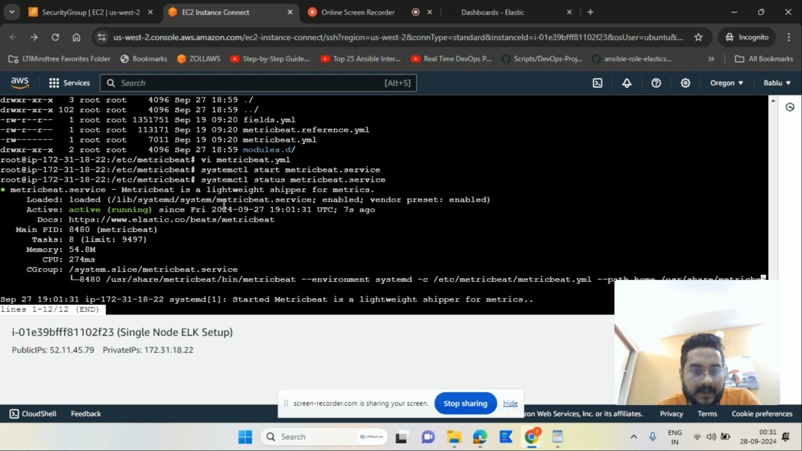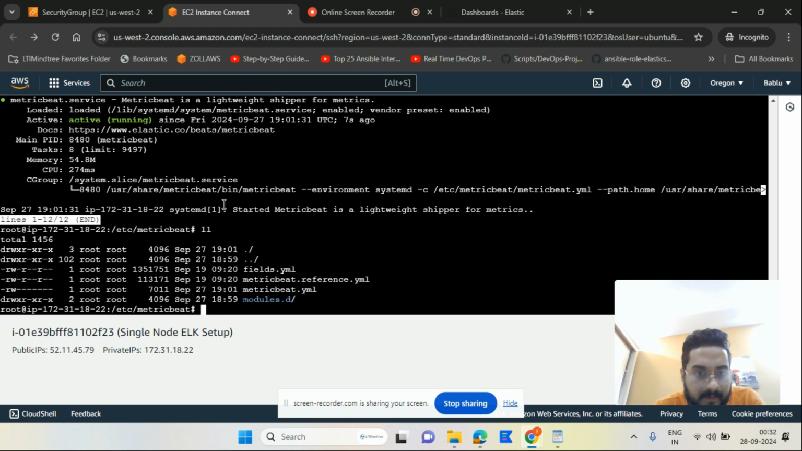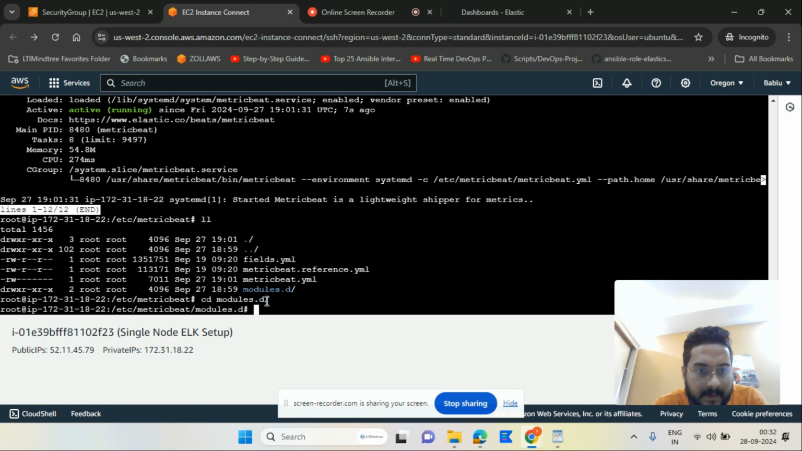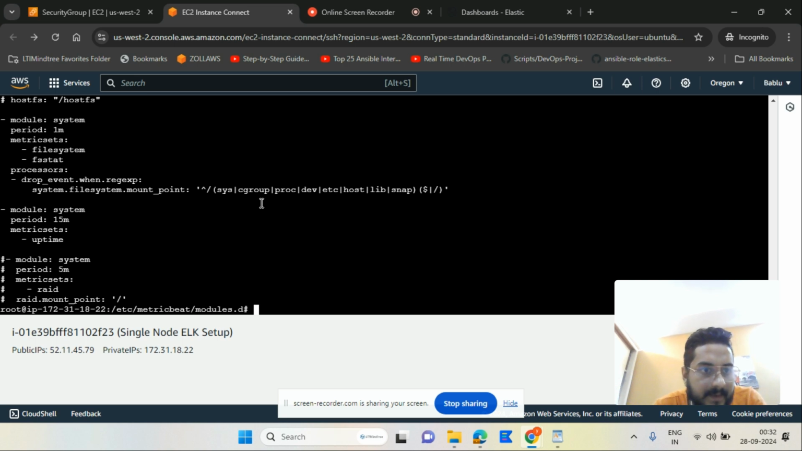So if you see, there is a module, the system module. I think we are in the Metricbeat folder only. If you do ll, you can see modules.d. If you go to modules.d and just do ll, we have a lot of modules like RabbitMQ, Airflow, Apache, AWS, MongoDB, and this is the system.yml. By default, it's enabled. You can verify it by opening system.yml. You can see